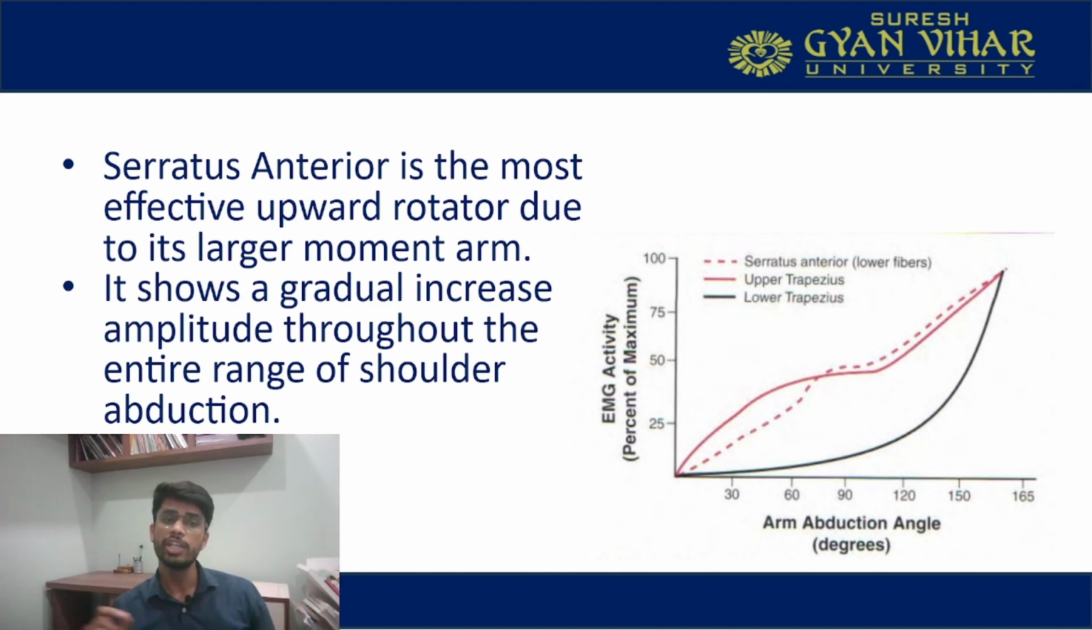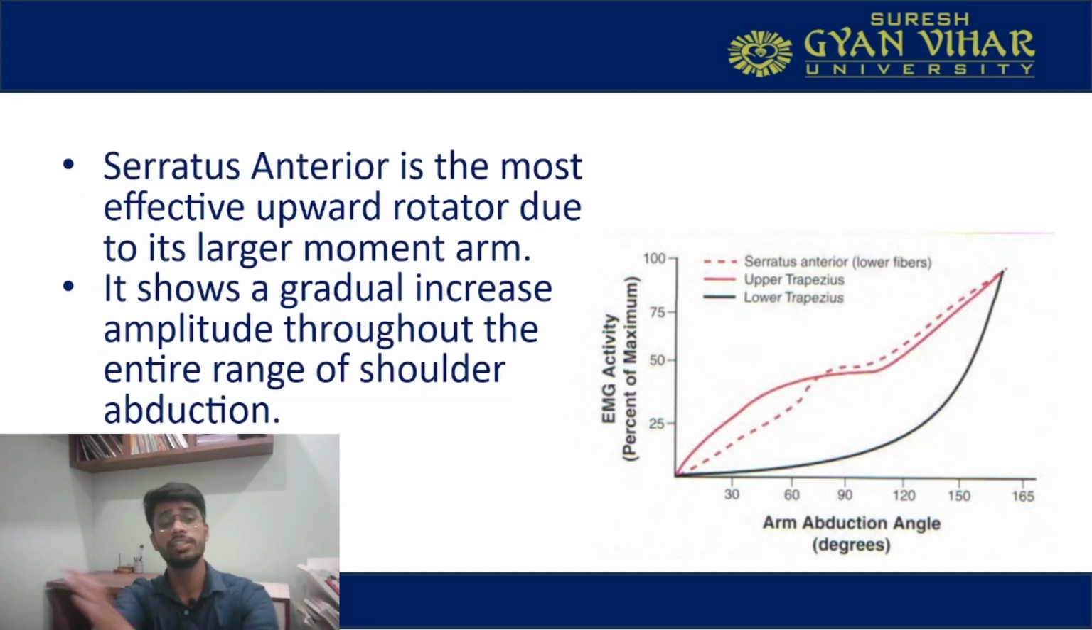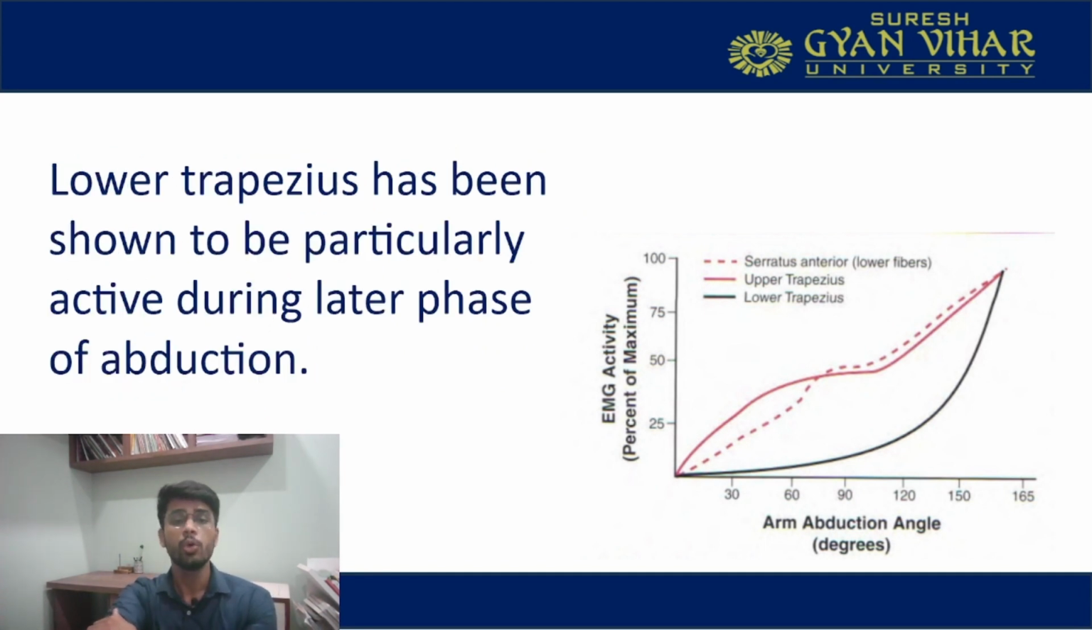It shows a gradual increase in amplitude throughout the entire range of shoulder abduction. We saw that your serratus anterior is always increasing in force amplitude. Now lower trapezius has been shown to be particularly active during the later phase of abduction, because it has to check the elevation after a certain angle. That is why lower trapezius is getting activated in the later phase of your